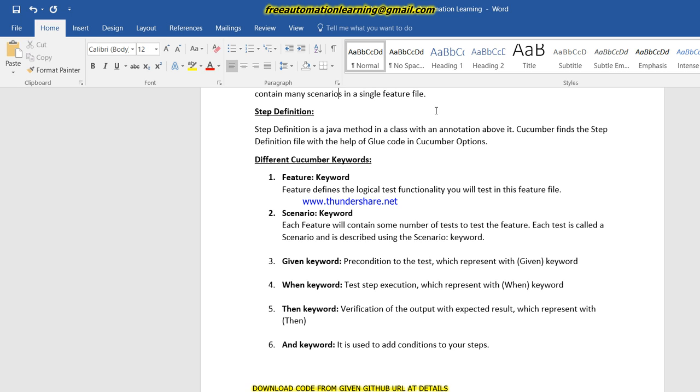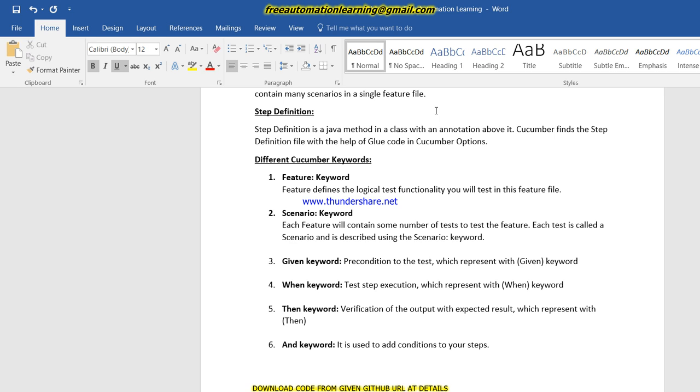There are different keywords which we use in Cucumber. There is one keyword, that is Feature. The Feature keyword is used to define the test functionality of that feature file. So what we are going to test, we can write by using the Feature keyword, right?